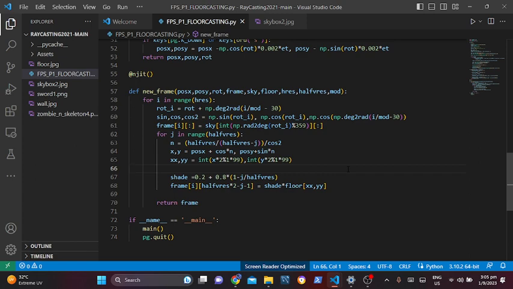Then after that, frame 1 sky int np. Okay, so sky int np dot rad to deg rot I 359. That then after for j